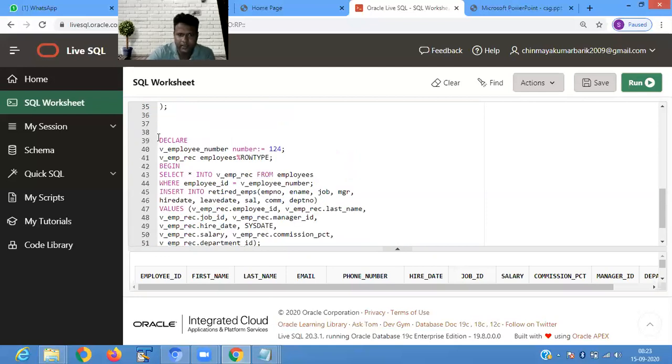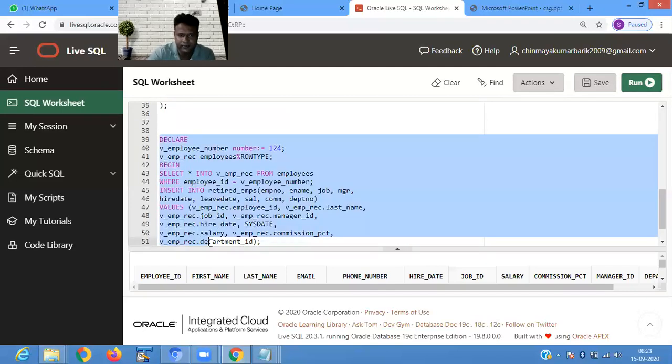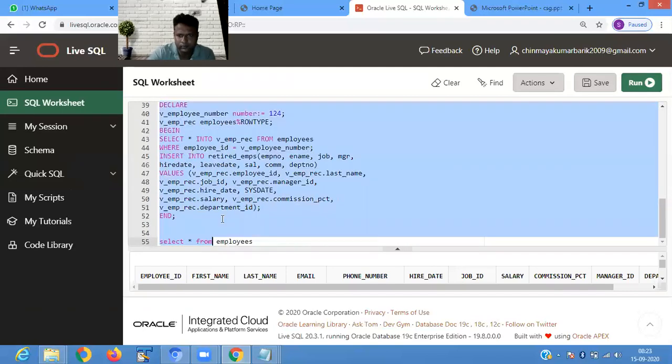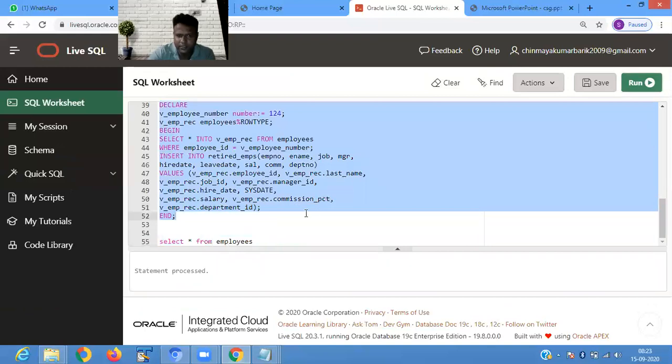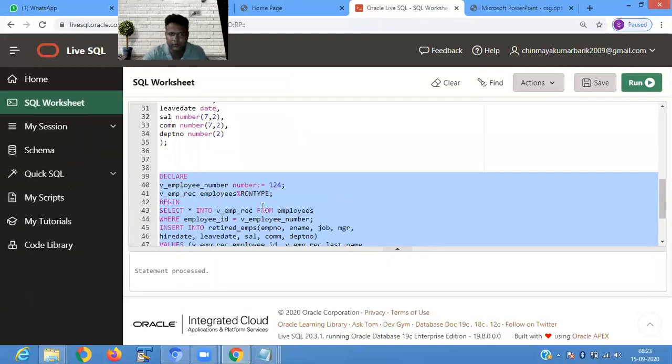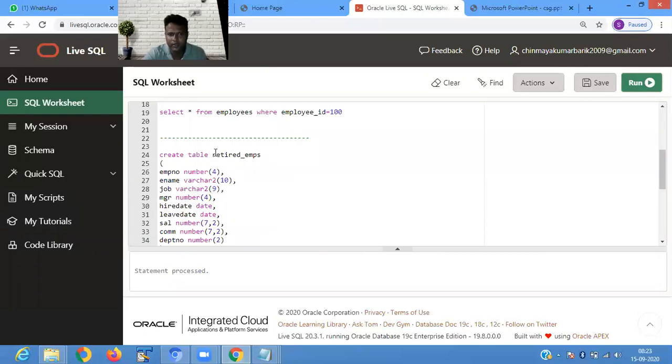Once we retrieve this information, let's check. 124 is inserted where the statement is processed. Now we retrieve the value from the retired employee table.